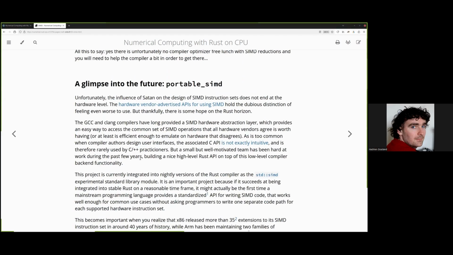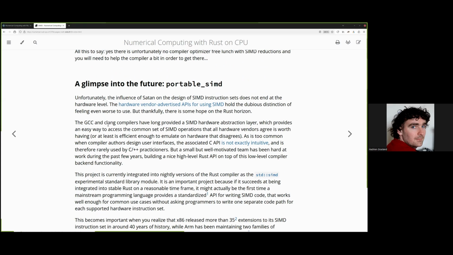So what do we do then? Well, one thing that's on the horizon for Rust, it's not yet in the stable release of the compiler, but I wanted to showcase it here because it's so much more convenient than the existing stable versions, is we have hardware agnostic SIMD primitives. So why do we need that? Well, the problem is